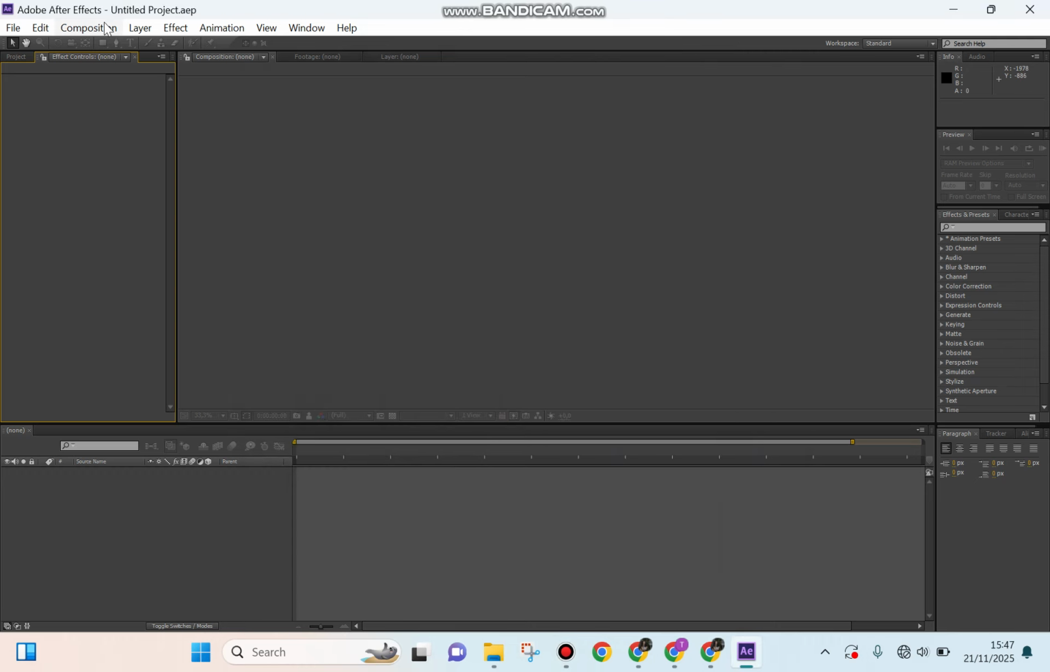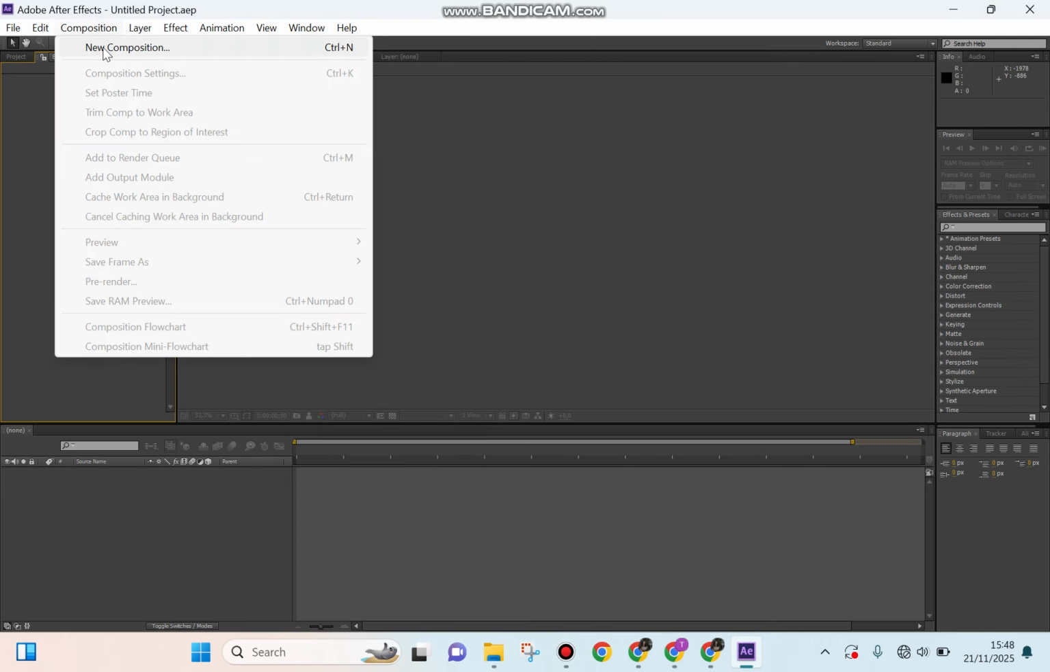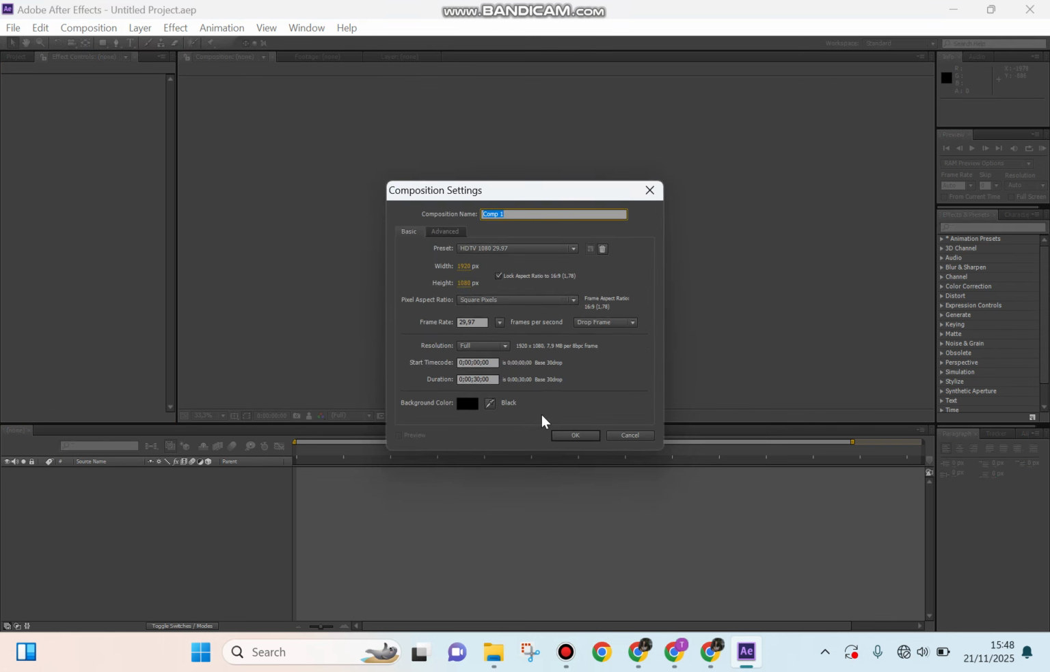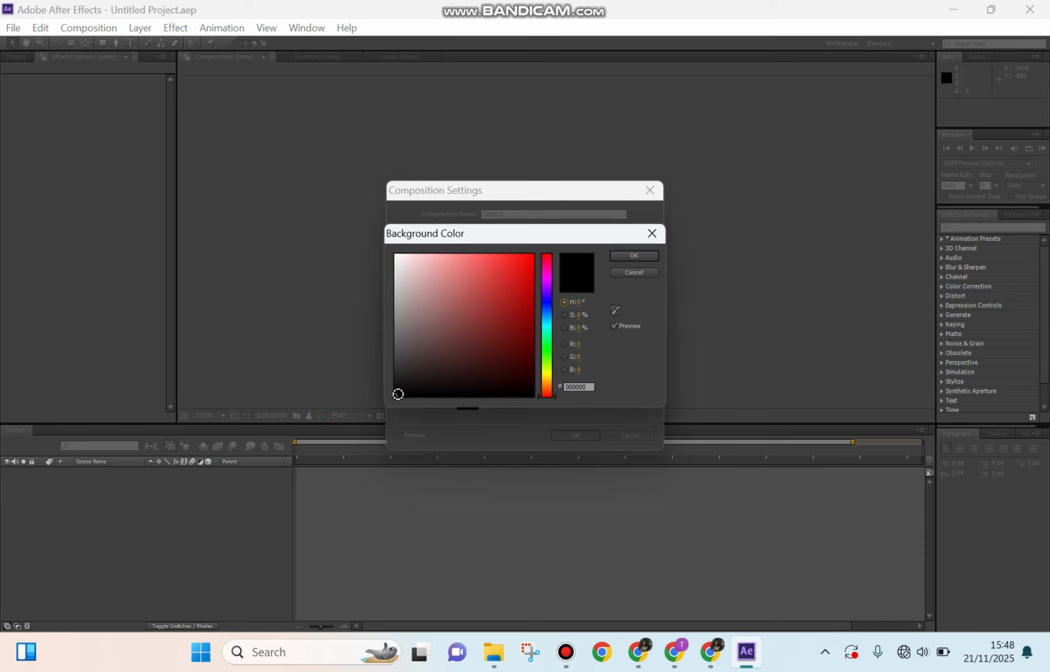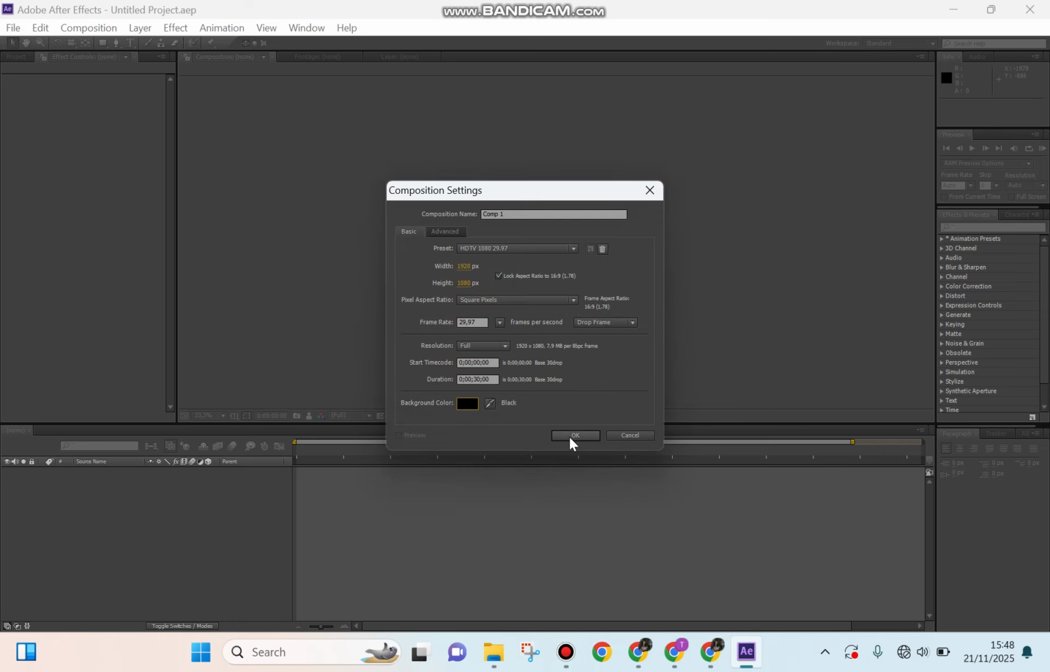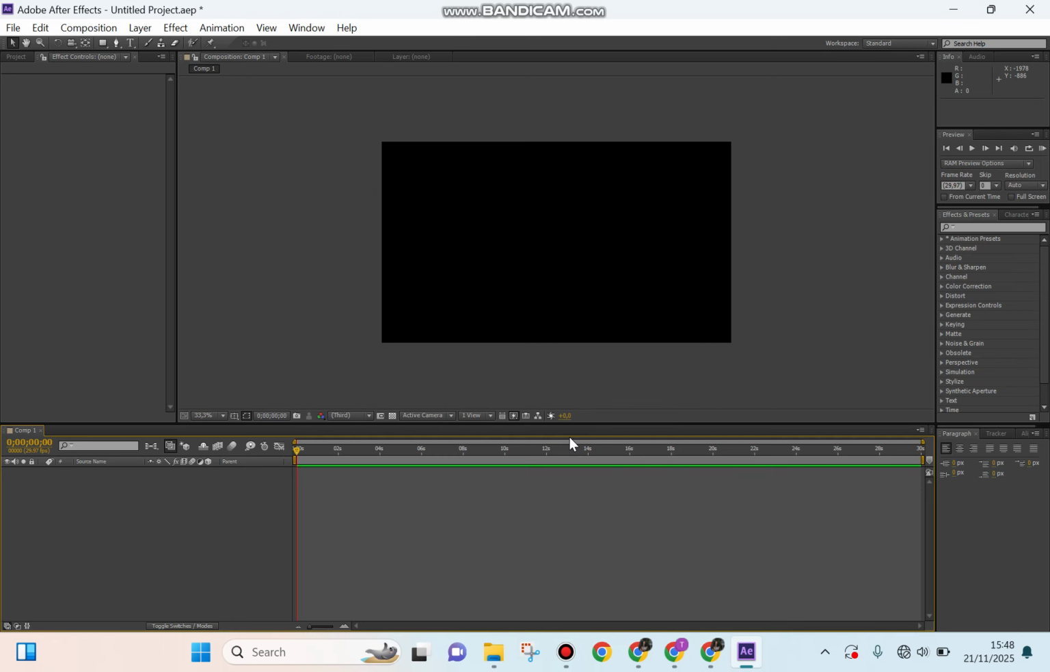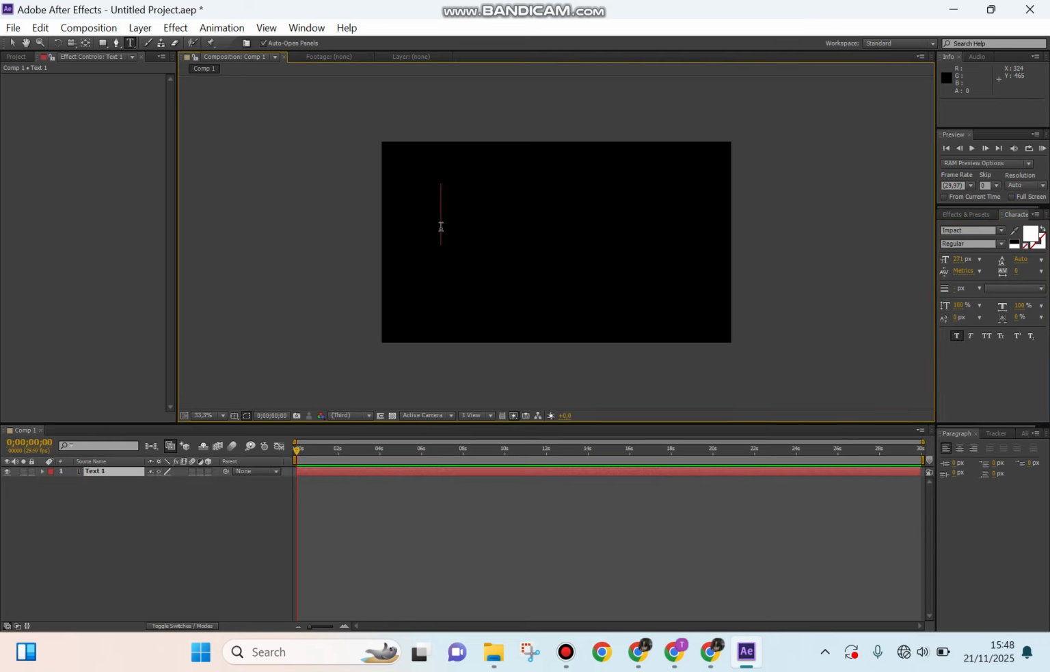Well guys, the first step, you can go to Composition and New Composition. And since we would like to create the glowing effect, I prefer to choose a darker background, for example black like this, but you can also change the color to what you want here and click OK. After that you can start to put your text into this section, and for example I will type glowing